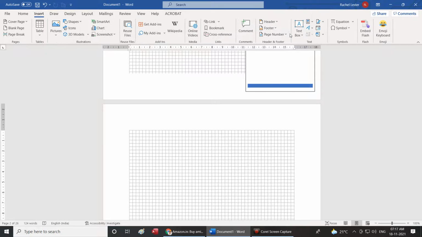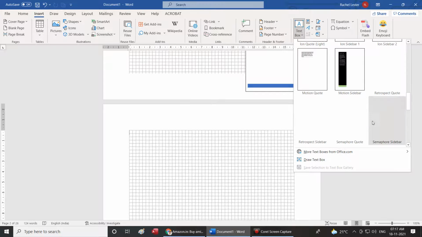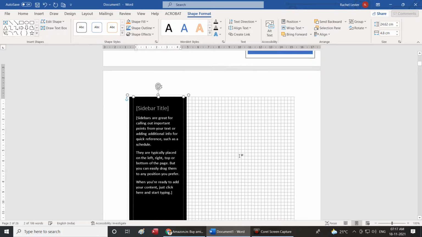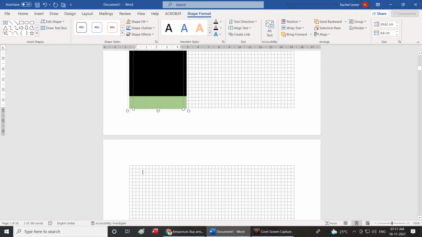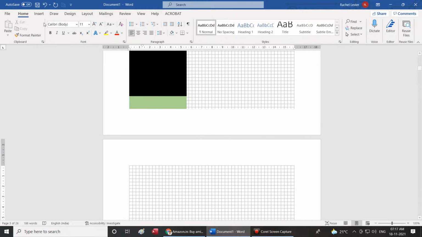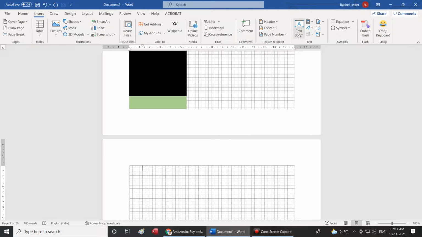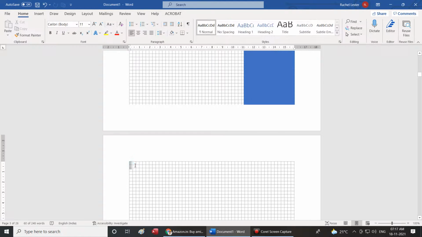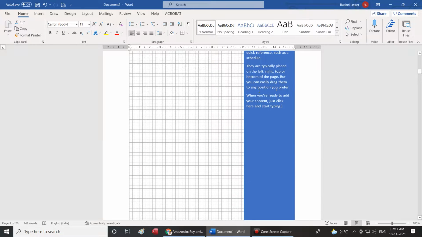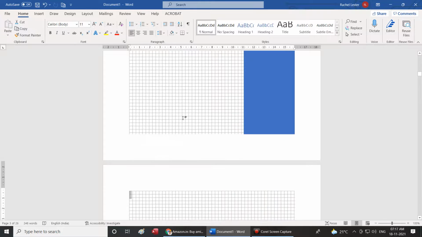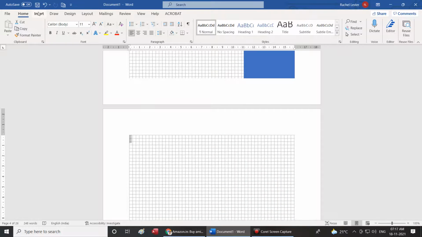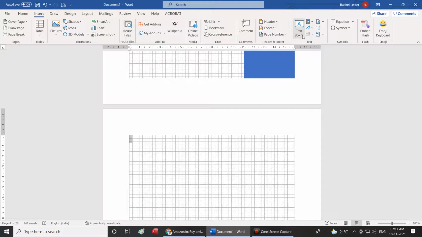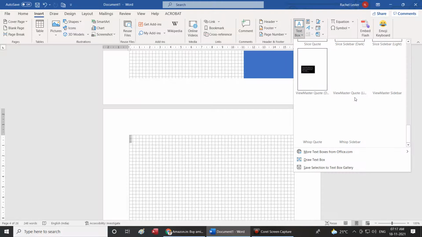Again go to insert, go to text box, select one more, again go to the next page, double click, again come to insert, go to text box, and you will have to write what exactly this is, so that you get used to inserting the different kinds of text boxes for different kinds of requirements.